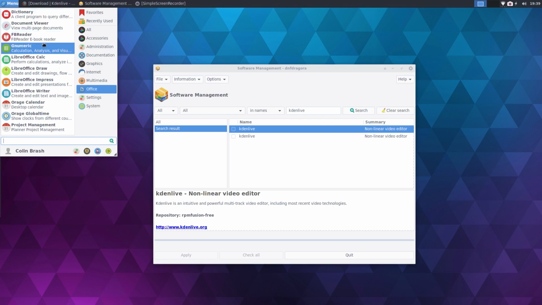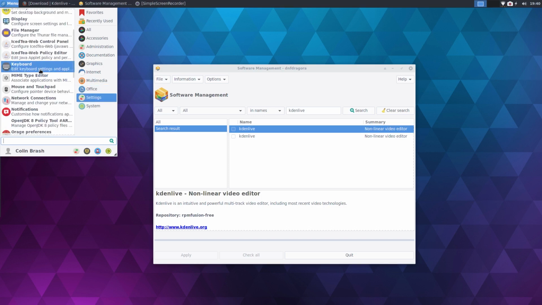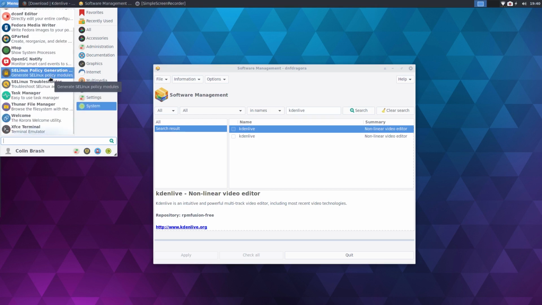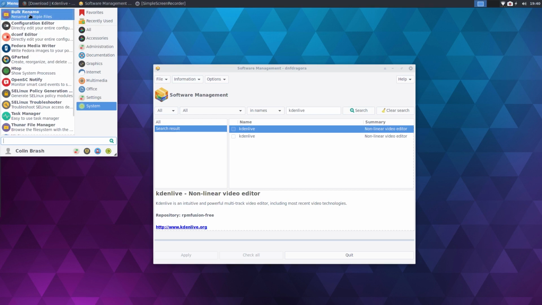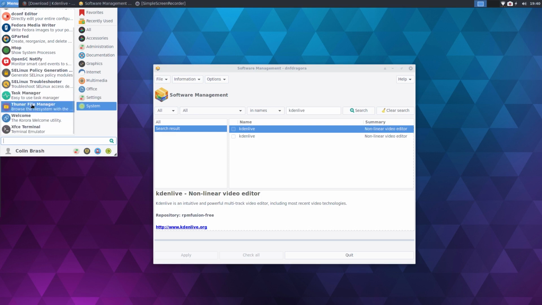Dictionary, document viewer, ebook reader, Gnumeric, calculation, analysis and visualization of information, okay. Orage calendar, Orage global time and project management. Then you'll probably have your usual XFCE settings and system settings as well. So you got HTOP in there, GParted, bulk rename, edit, directly edit your entire configuration database, okay. Dconf editor, Fedora media writer, write Fedora images to your portable drives, okay. GParted, HTOP, OpenSC notify, monitor smart card events to send notifications, EasyLinux again, task manager, Thunar file manager, the welcome screen which came up on startup,